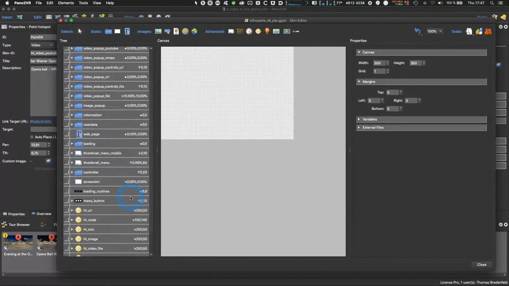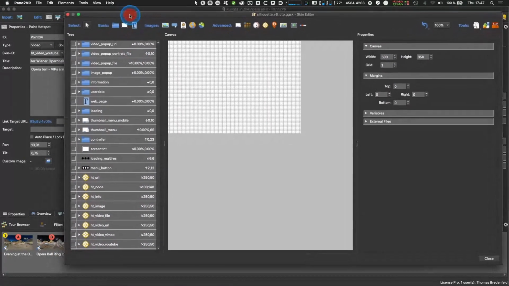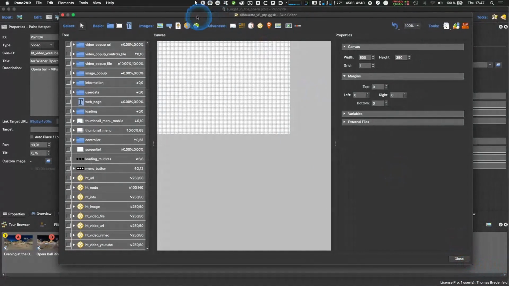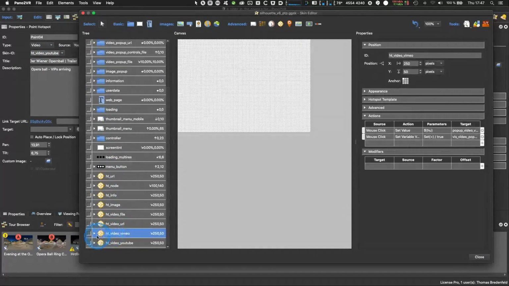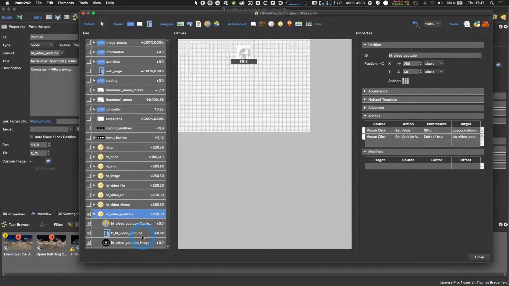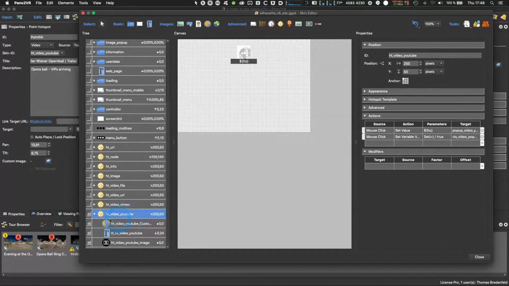And we have here the hotspot template for video YouTube. I'm moving a little bit to the side so you can see both windows. Here is the ID, and this is what the ID is addressed to. It's the YouTube video, and it's looking like this. And you have here a tooltip shown for this hotspot, and you have a YouTube image, and here in the hotspot template itself,